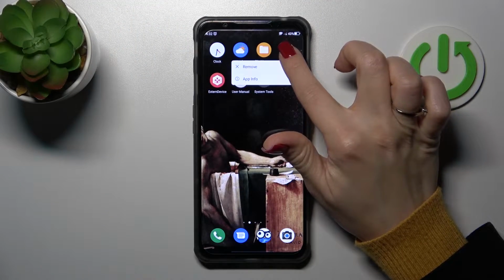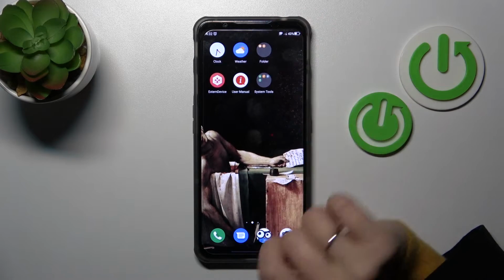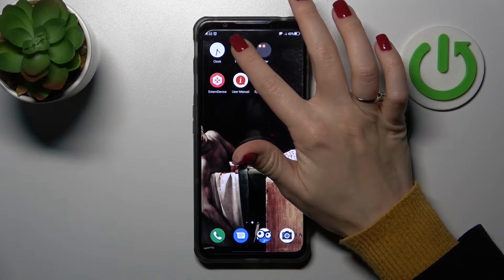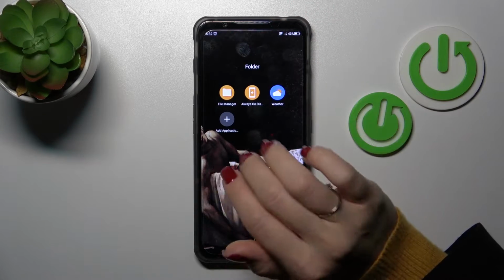So first, hold the application and then drag it up to another one. Now we can see the newly created home screen folder. In the same way, you can add more applications here, but if you want to add a couple of apps in one click, you should tap on this plus icon,